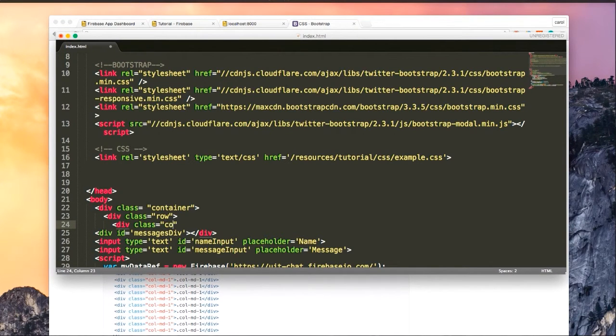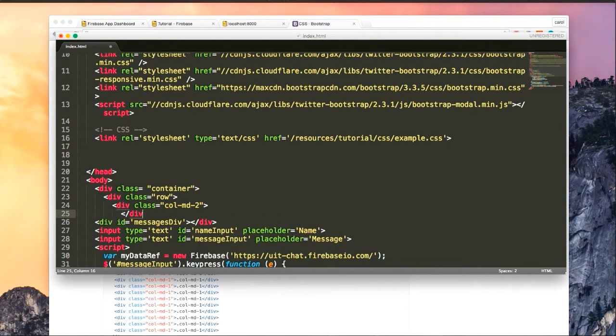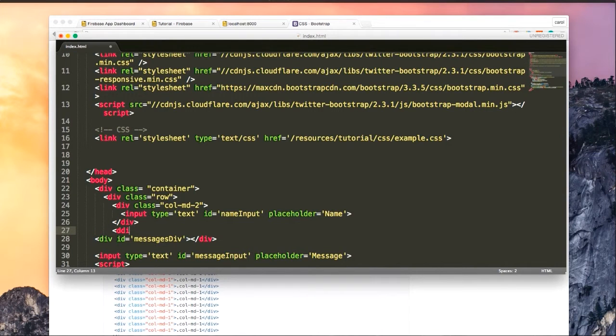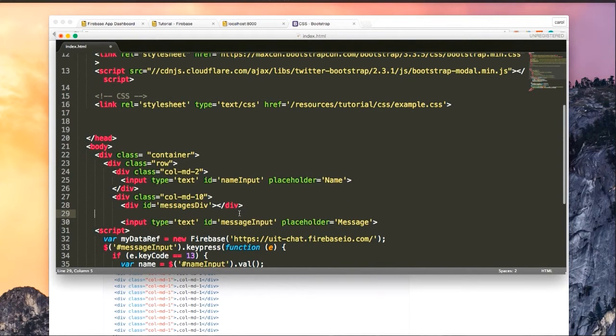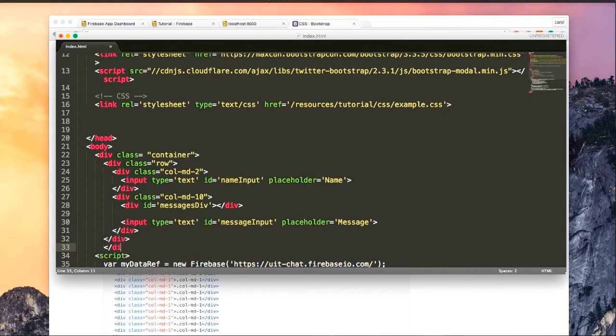So this will be called, I don't know, 2, and I'll just close this div up and put in the name just so we can see the difference. And then my second div, which will be holding the messages, which will be quite a bit bigger. So now I can just close up all of these div tags